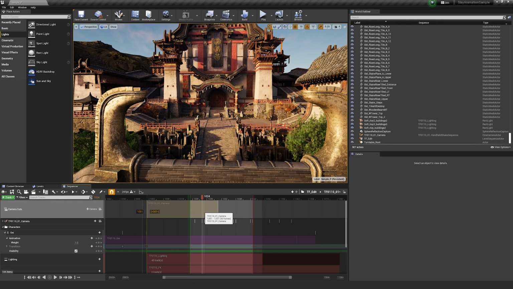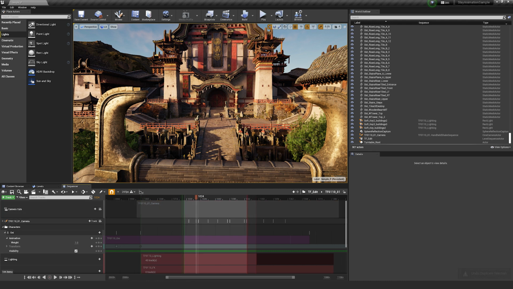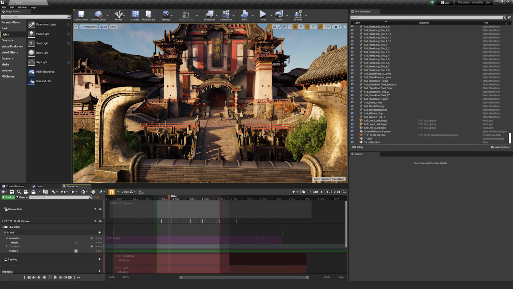So as you can see here, actually, let me Control Z because I did something that you guys did not see. We're going to right click inside of sequencer, in this area, and move to the right a little bit, and you're going to see these bookends for the TF camera.